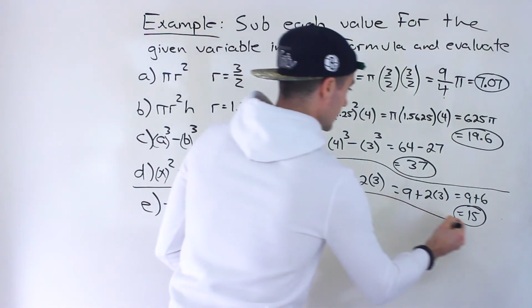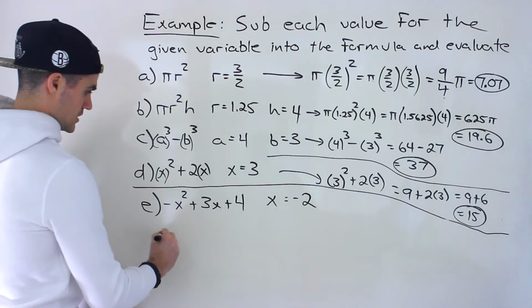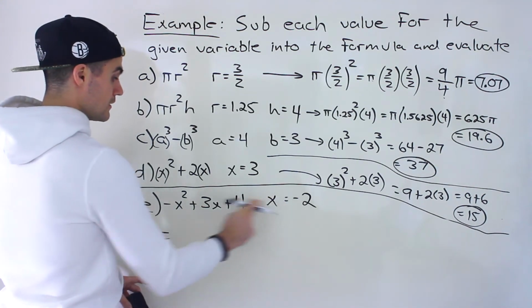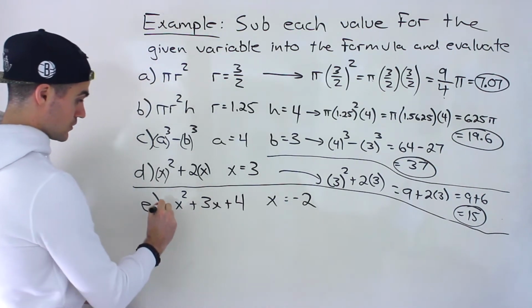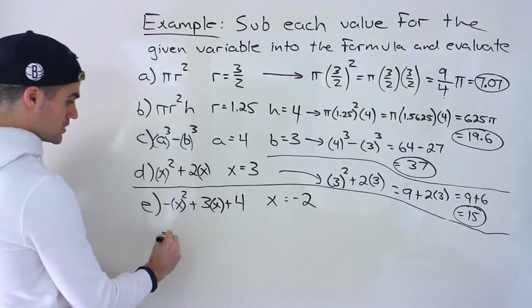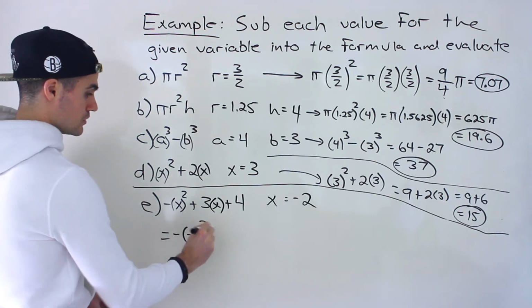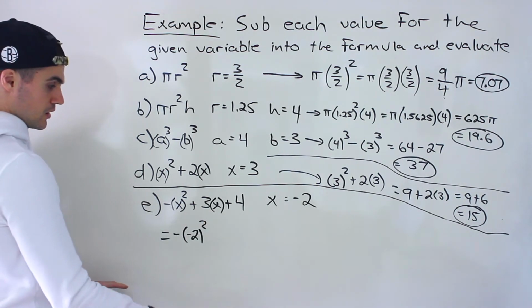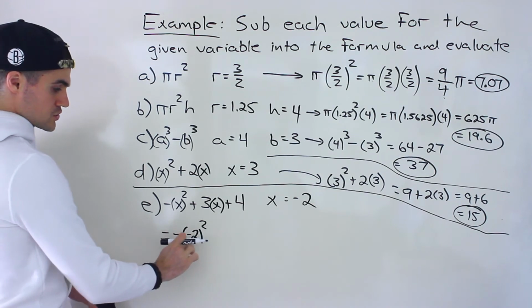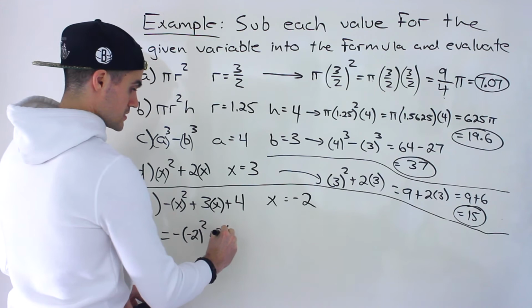And then finally, we've got part E. So let's actually continue it over here. So we're plugging in -2 for all the x values. So notice there's already a negative here. So let's put those brackets I was talking about. So we have a negative, and then we have a -2 to the power of 2. Right? Be careful here. There's 2 negatives. And then we have +3 times -2